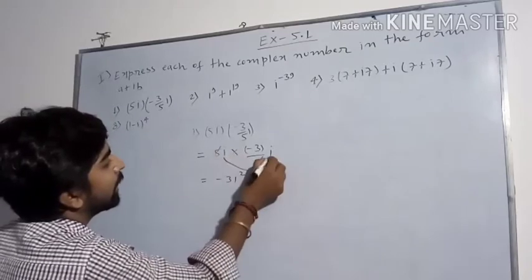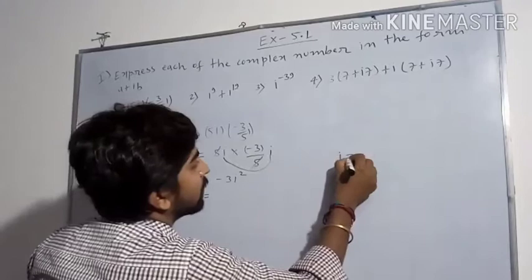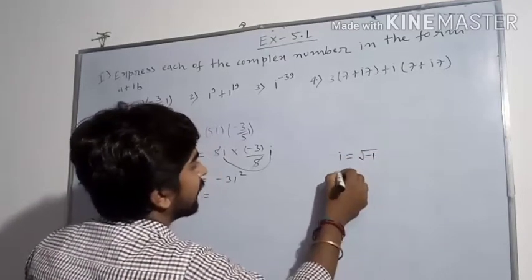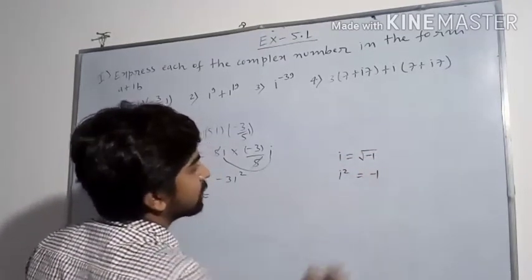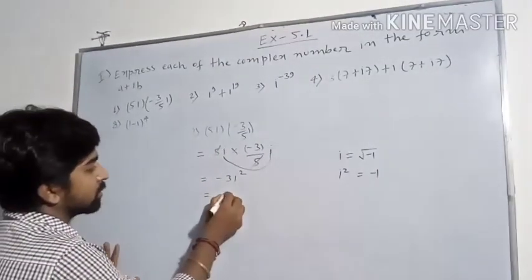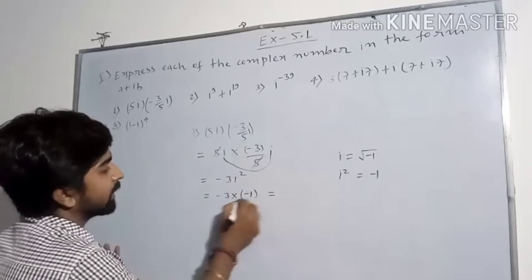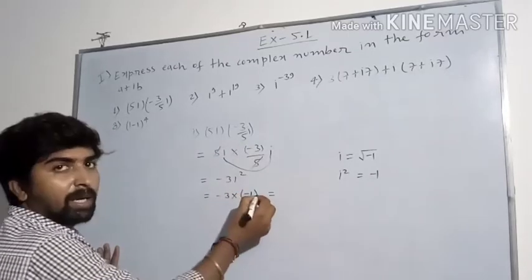Since we know i equals under root minus 1 and i square equals minus 1, so i square equals minus 1 we will write, and we will get minus 3 into minus 1